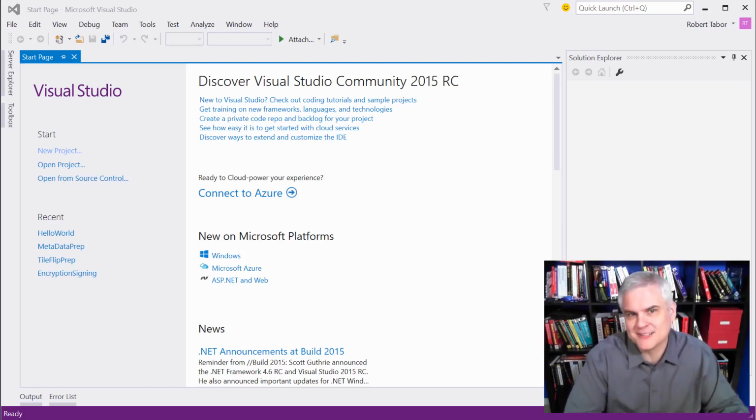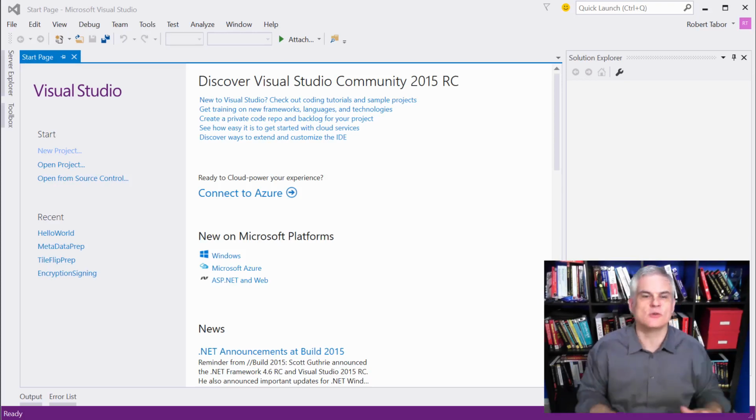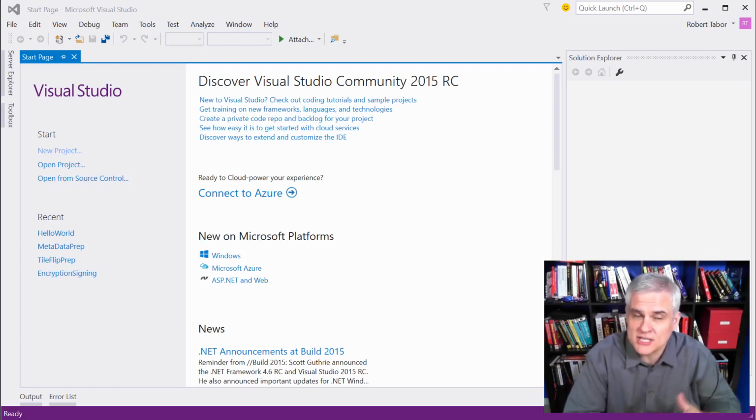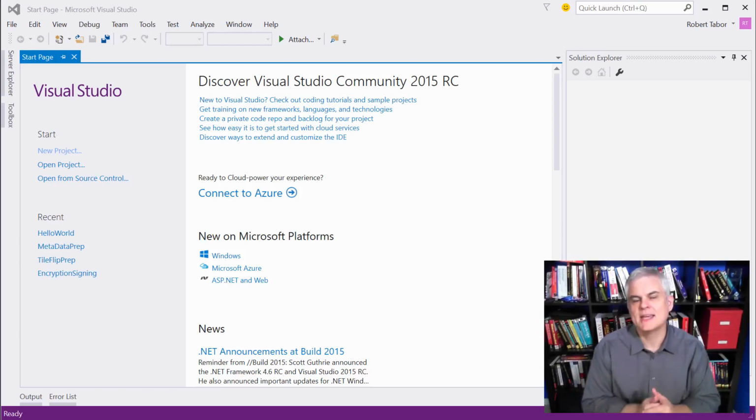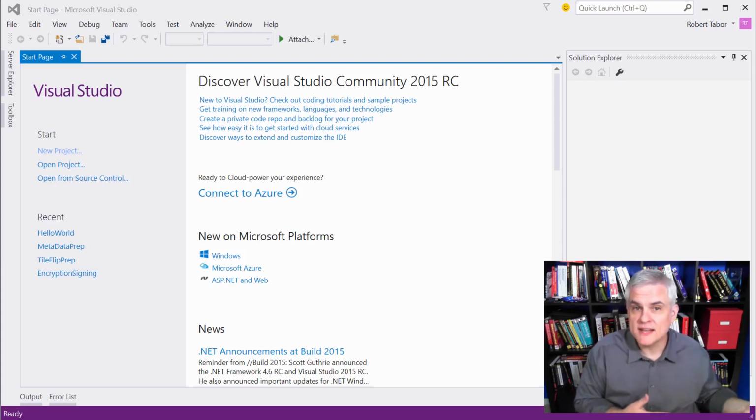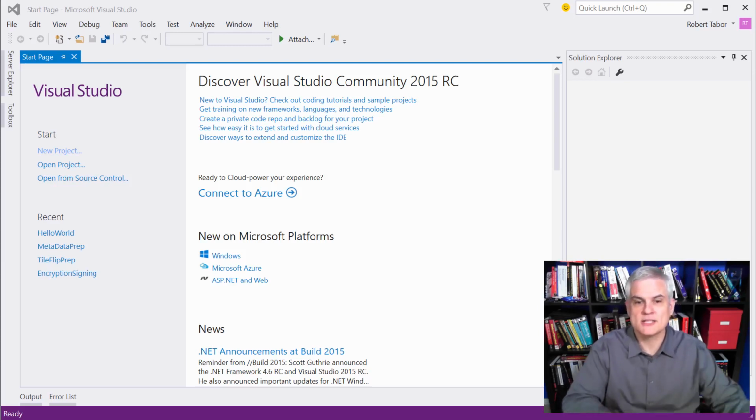Now, before you can follow along, you're going to need to make sure that you already have Visual Studio 2015 installed. Any edition will do: Express, Community, or one of the paid editions. And then secondly, you're going to need to make sure that you have the emulators installed, just like we talked about in the previous lesson. So make sure you have that. I'm not going to demonstrate how to do that. There's plenty of resources online that will explain how to do it. But assuming that you've got all of that installed and we're ready to go, let's go ahead and get started